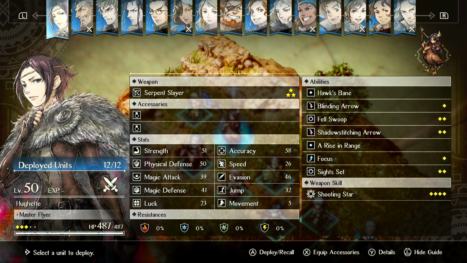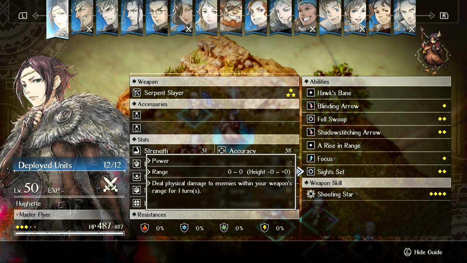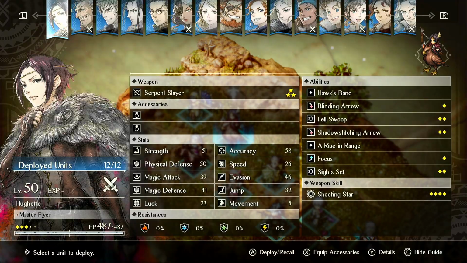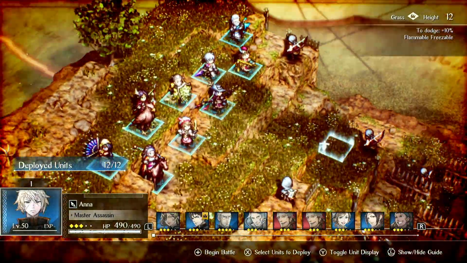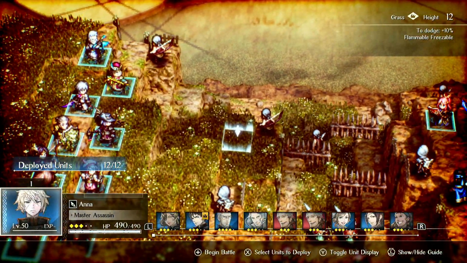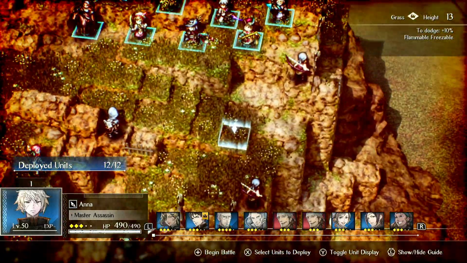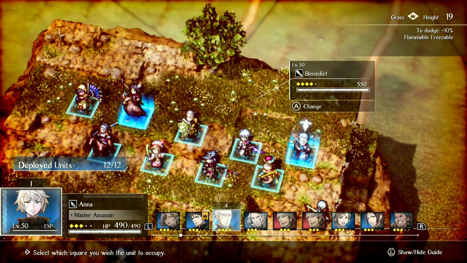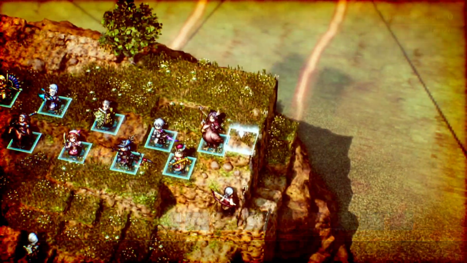I like hear something weird. So that's interesting. But you can see here, 32 jump allows her to essentially fly up anything. There's very few maps that have... Actually, I don't think there is a map where Hewitt can't fly to the top or the bottom of that map. So let's just start